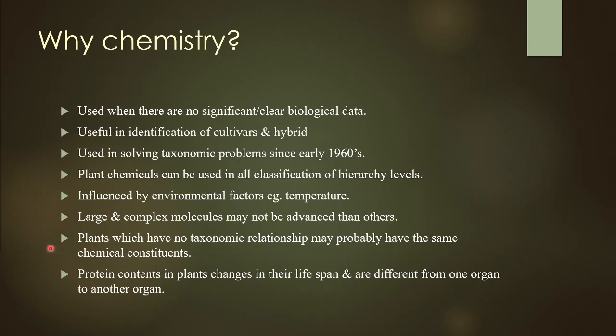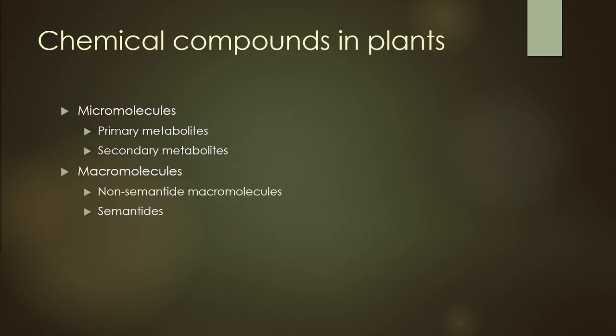Plants which have no taxonomic relationship may have the same chemical constituents. Protein contents in plants can change in their lifespan and are different from one organ to another. So this is one of the reasons why we use chemotaxonomy to differentiate between plants. Again, I will not go into details on